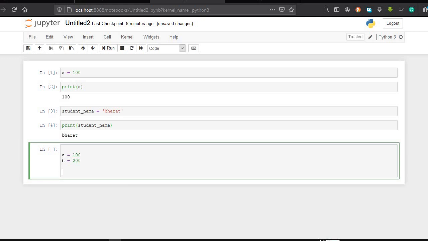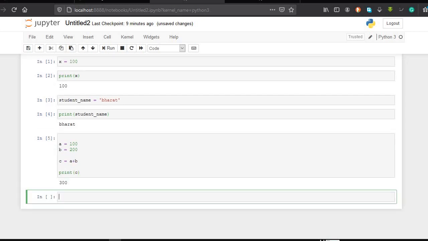If I want a plus b, what I have to do is write a plus b, and I can also store this into a new variable named c. It has given me 300 as an output. When I printed this statement, print c, it gave me 300 as output.